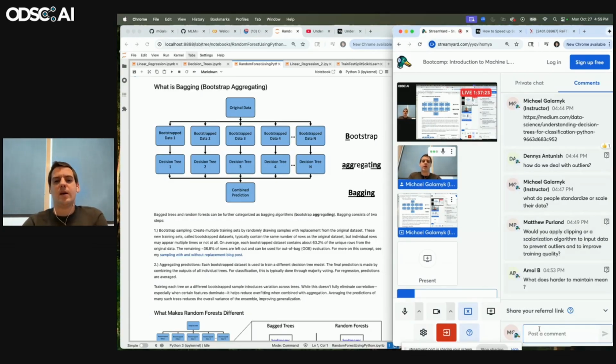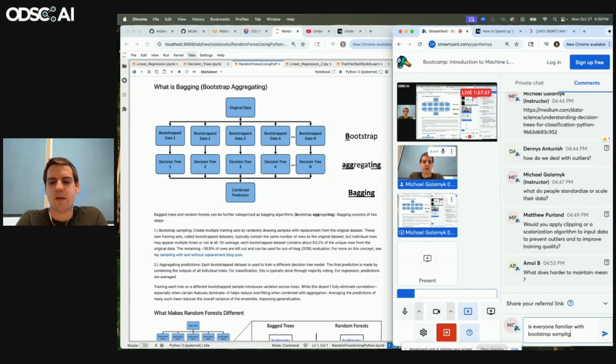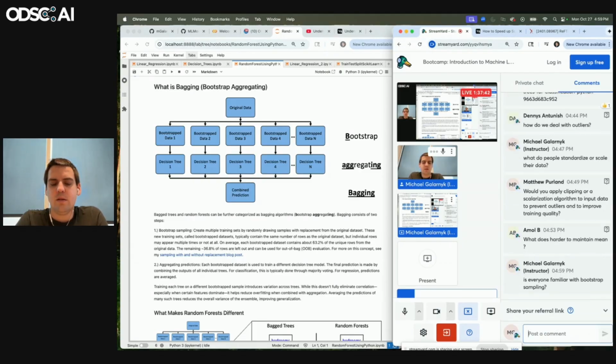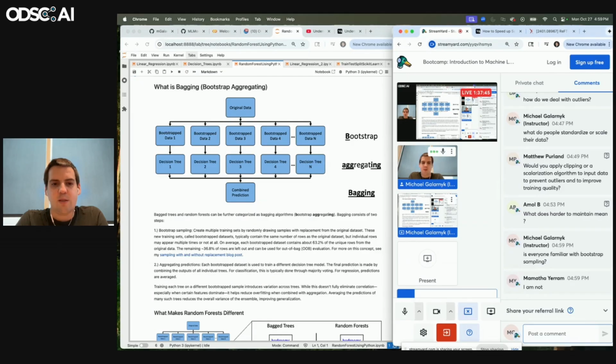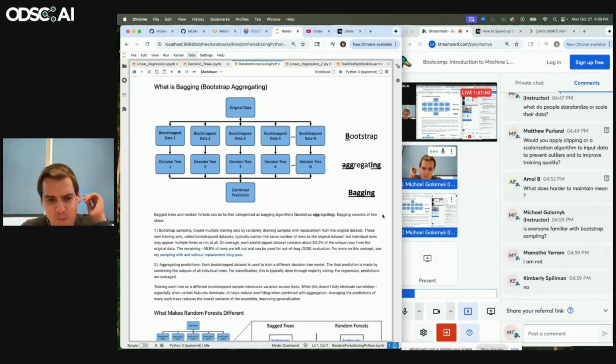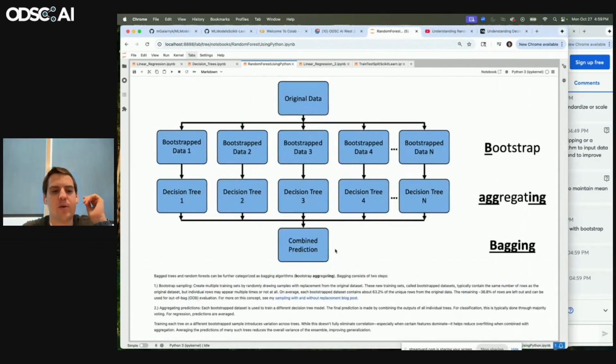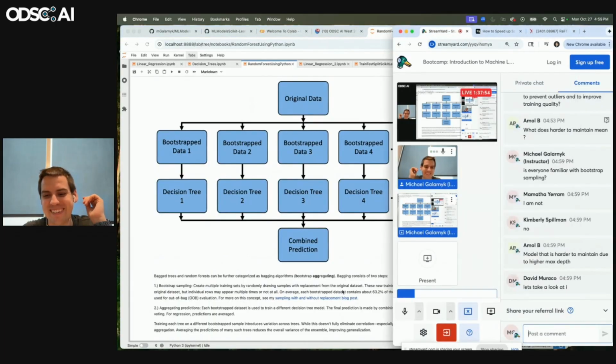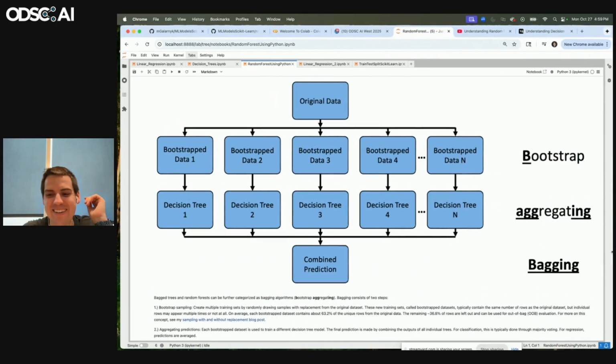But my question for everyone right now is, is anyone familiar with bootstrap sampling? I'm happy to go over it because I literally made this. Is everyone familiar with bootstrap sampling? Awesome. Okay. Makes 2 of us, 3 of us. Okay. So one important thing about machine learning, yeah, let's take a look at it, right? So